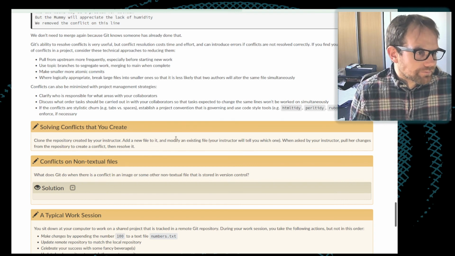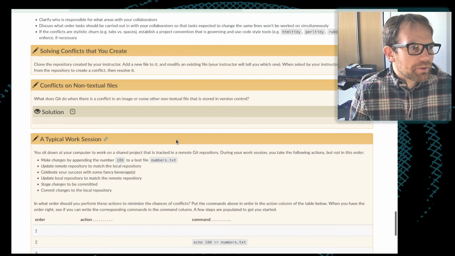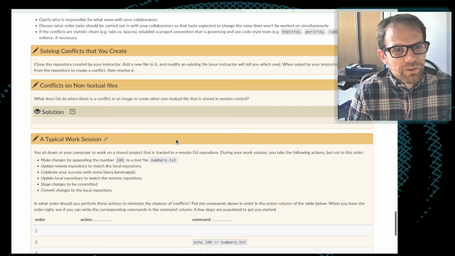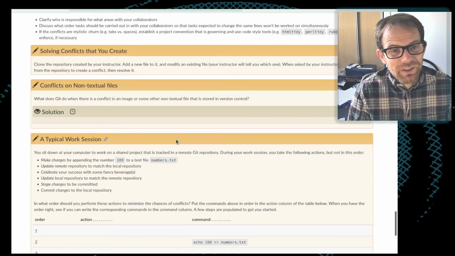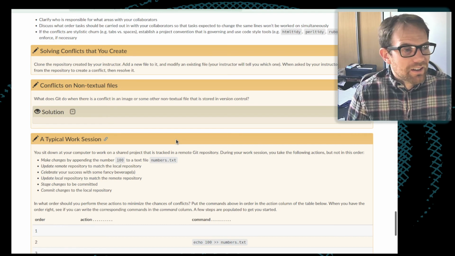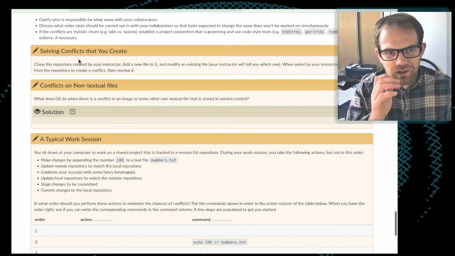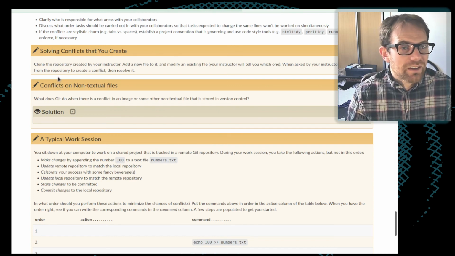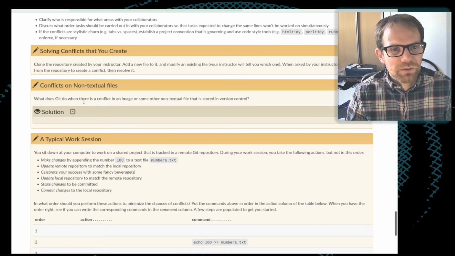So it is perfectly possible for you to create conflicts on your own within your repository. If you're working with different branches as well, trying to keep your own work organized is probably sensible. We're not going to try this exercise which they suggest here. We just don't have time, I'm afraid. But the process of fixing whatever conflict would have been made in this exercise is just what we talked about. You would do this git pull and then manually edit the file.